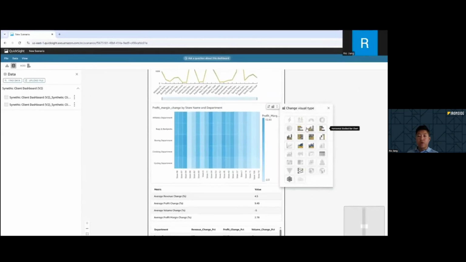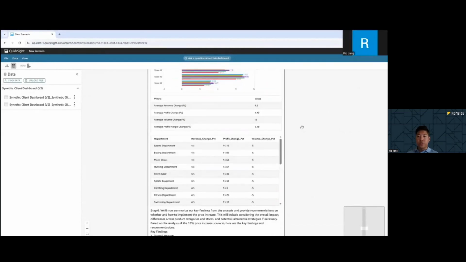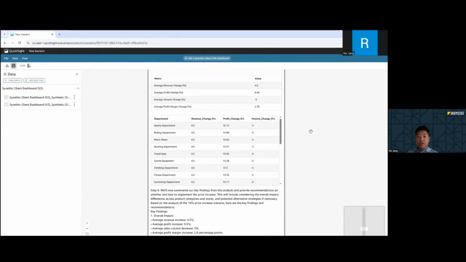For example, I want to change this heat map to a horizontal bar chart. We're able to play around with the different visual types so that we can find a visual that is more fitting for our data. After generating some statistical analysis and projection changes and metrics, as we can see in step 6, Q provides key findings and recommendations